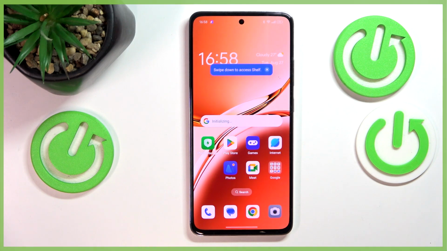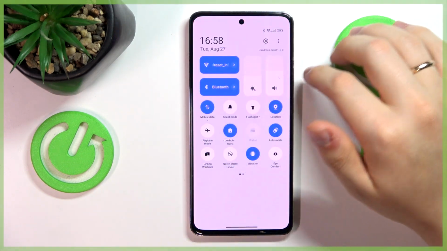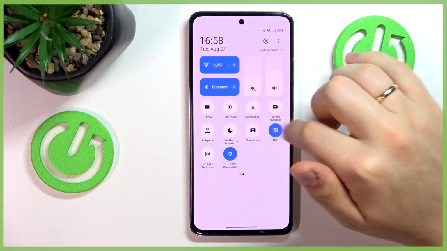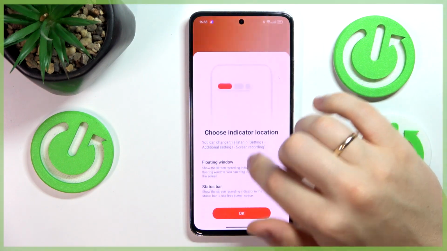So, in the beginning, you will need to launch the control panel, then unfold it or expand it all the way and look for the screen recording tile. Tap on it to start screen recording,